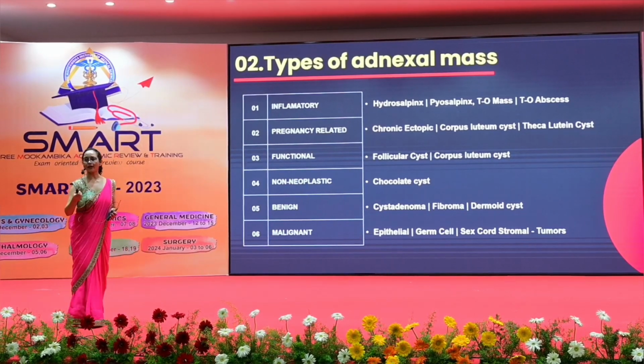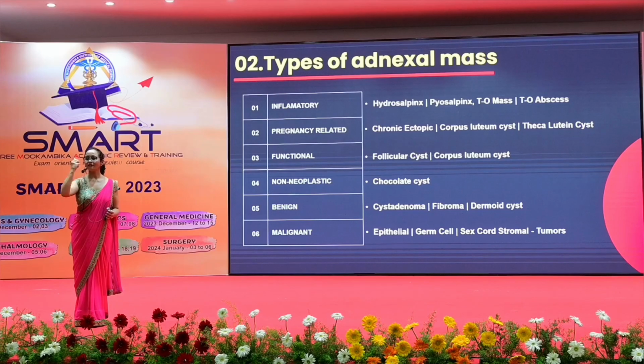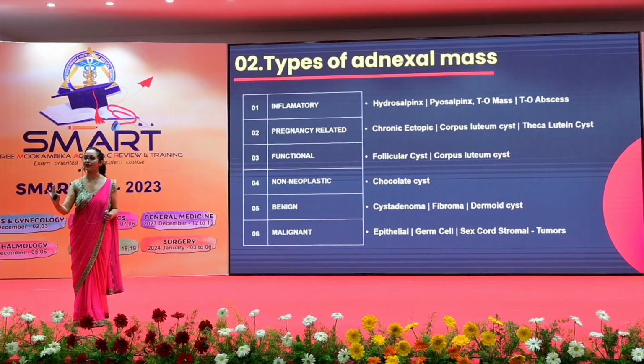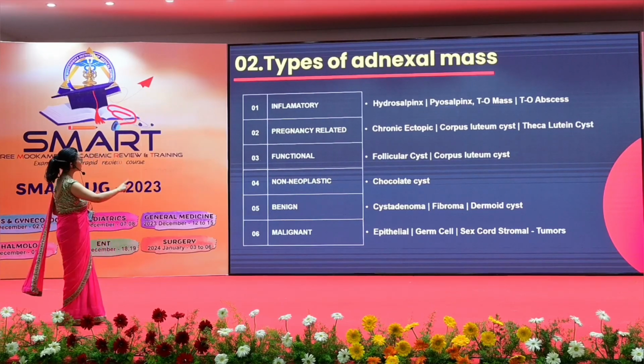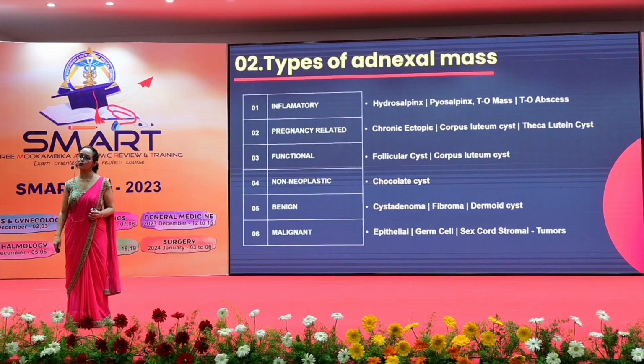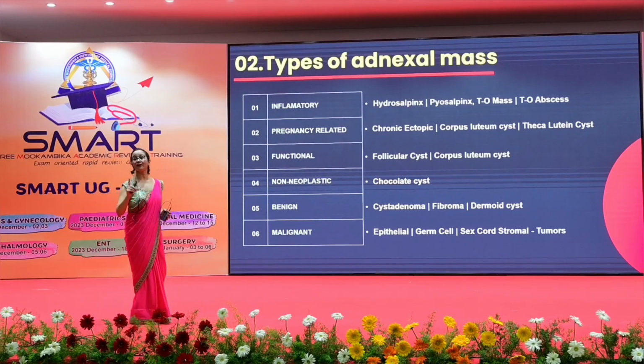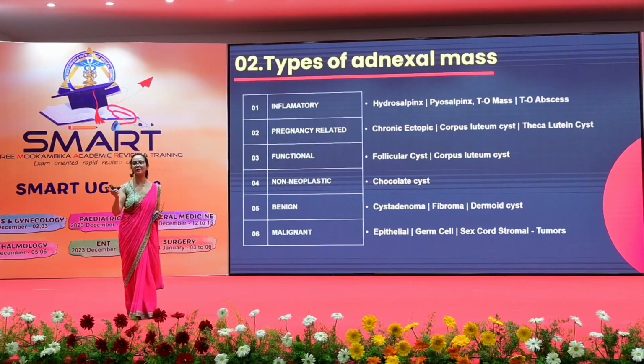So why am I telling you this? If by chance you get a short note on corpus luteum cyst, you should write how it happens, whether it is normal or abnormal, how you diagnose it, and what the ultimate treatment is: just wait and watch. All these things which I have written here, if you get a question, you should be able to tell the examiner something, or write at least one paragraph correctly about that, not gossip, correctly.